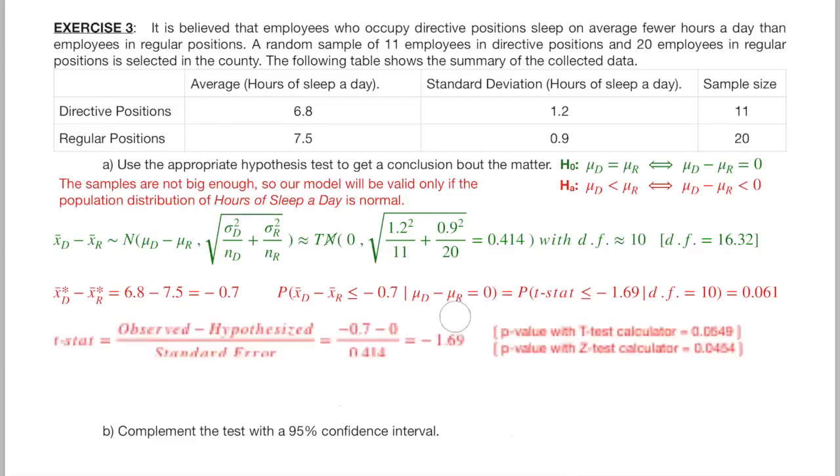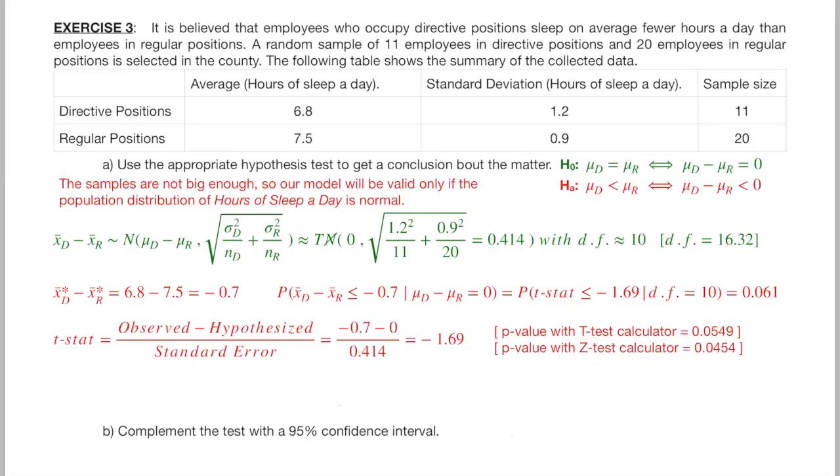Since we are using a t-model, we must translate this question to a t-stat. What's the probability that a t-stat is less than or equal to negative 1.69 if we work with 10 degrees of freedom? A t-calculator or a t-table will tell you that this is